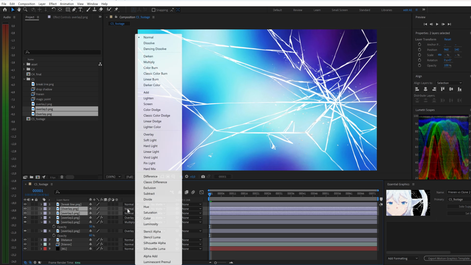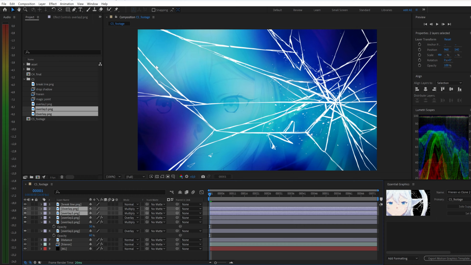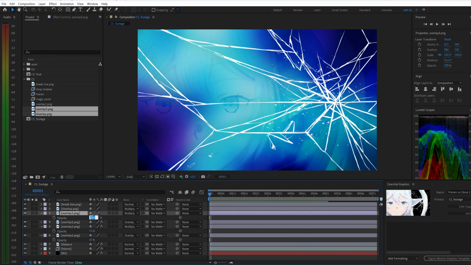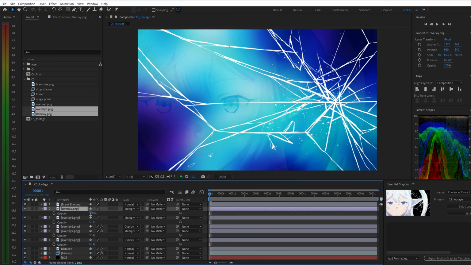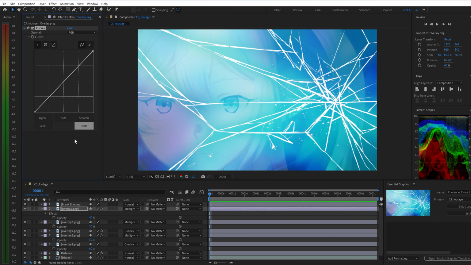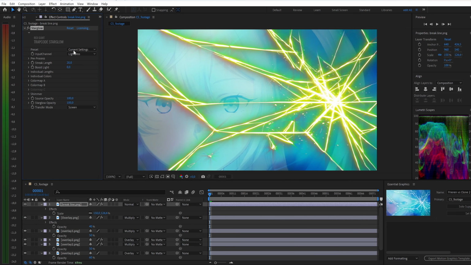Similarly, I'll add 2 prepared overlay layers. Here, I'll set their opacity to 50% and 40%, apply curves, and keep adjusting the color tones until the final result looks right. I apply the star glow effect to the crack lines on the shield to make them stand